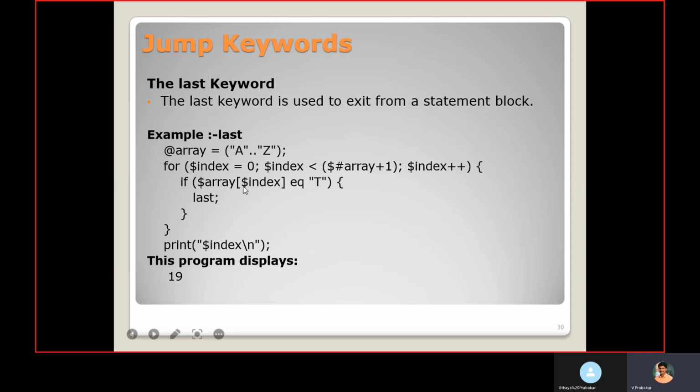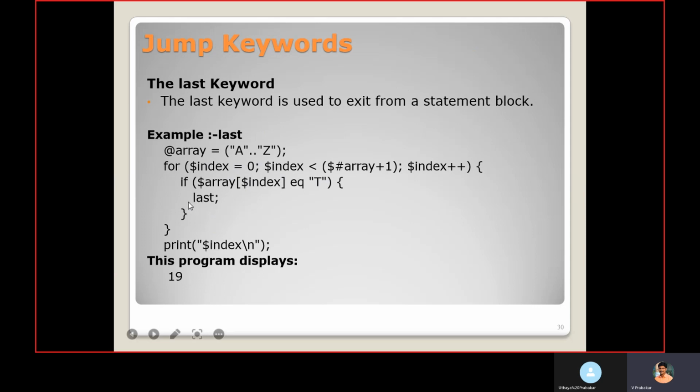Next time B. So on the 19th time, the 19th character is T, so array of 19 equals T. They get matched. It is equal, right? So it will enter this condition, and we are mentioning last.